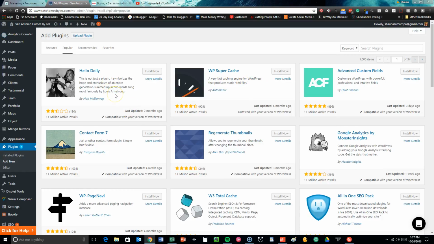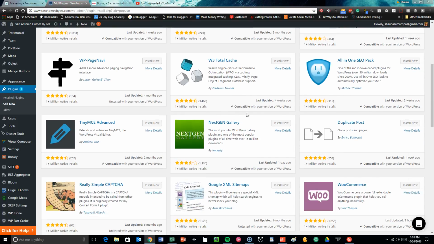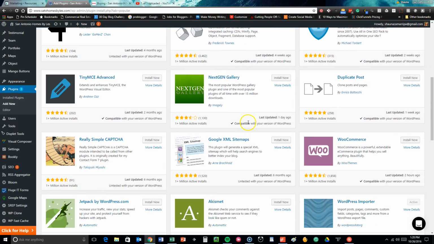Now, one thing I do want to draw your attention to is, before you install a new plugin and/or activate it, there is one thing that you really need to look for, and it's this checkbox right here that says compatible with your version of WordPress. If it is untested with your version of WordPress, it does run the risk of crashing your site. That said, even if something is compatible with your version of WordPress, that doesn't necessarily mean it's going to work and play well with the other